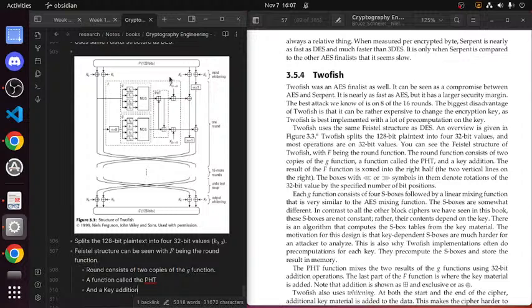So I think the idea is that you're adding the keys. So you have these S boxes, you have the MDS. Okay, let's keep going.